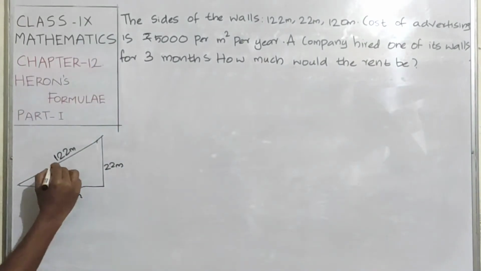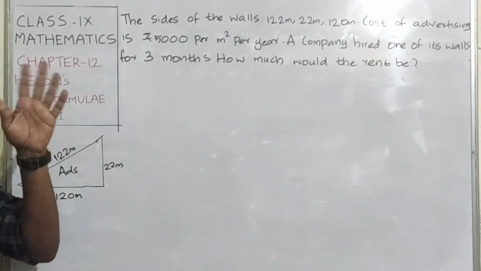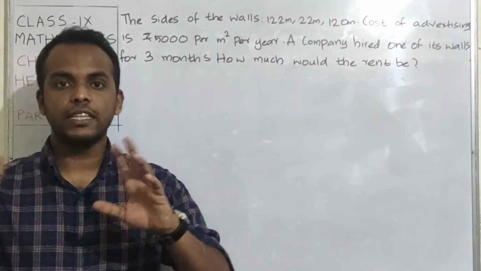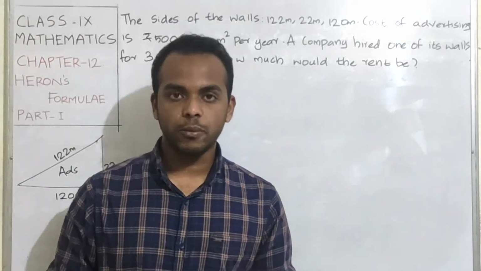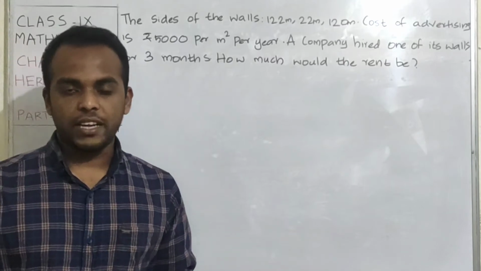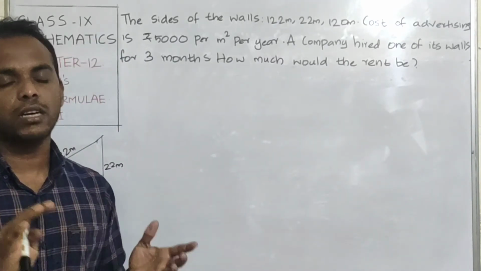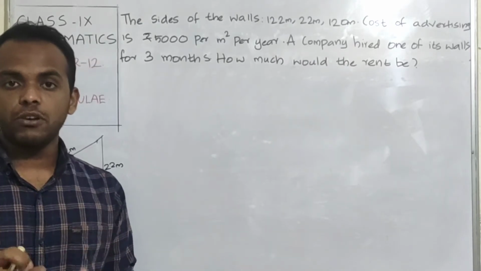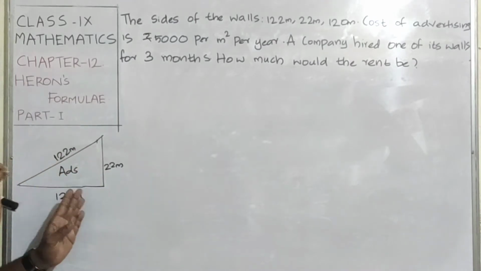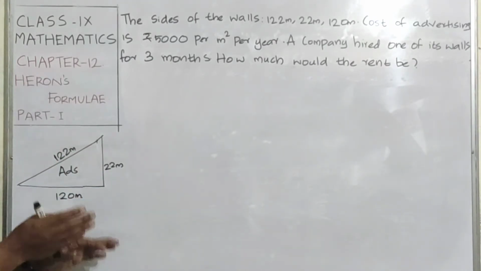We have seen lots of advertisements, like different companies will put advertisements in some open areas, so that the people traveling by will see their advertisement and they will try to buy their product. So they will try to put advertisements in such places. And what will the government do if that's public or government property? If, for example, we want to put an advertisement of Pepsi, then the Pepsi company will have to pay some money to the government.